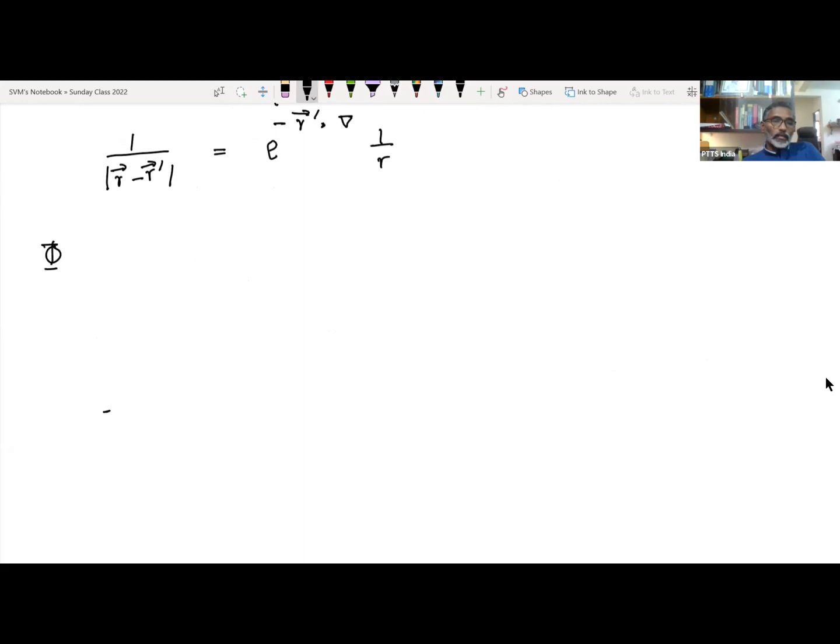So phi of r is equal to 1 by 4 pi epsilon naught into integral d3 r prime rho of r prime into e to the power minus r prime dot del acting on